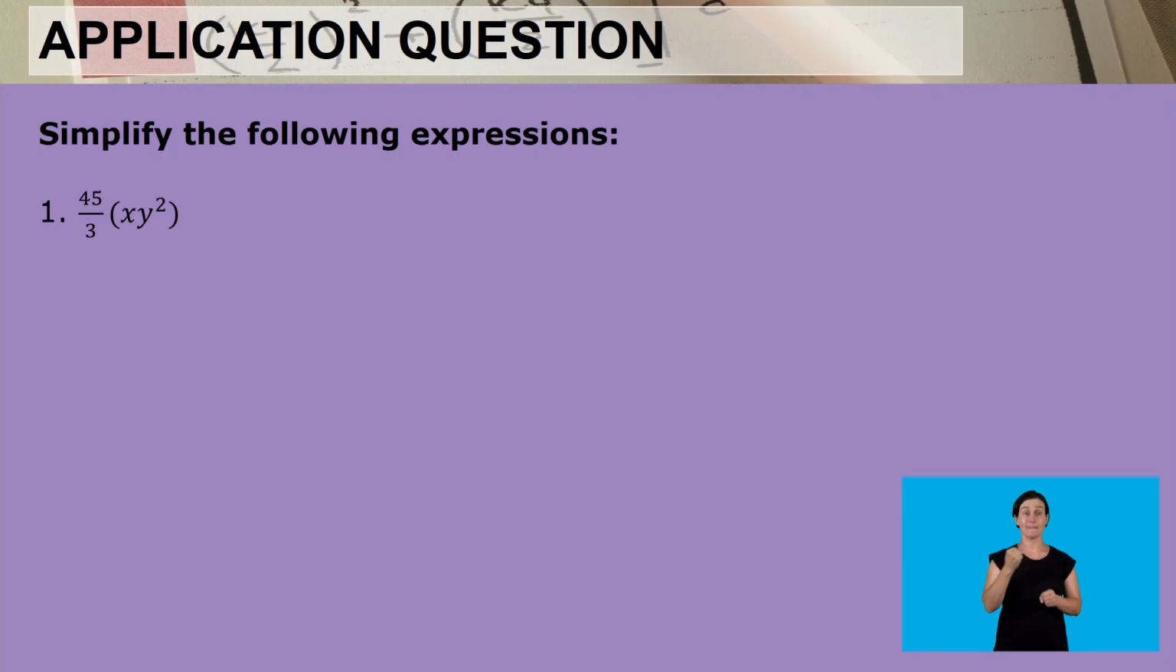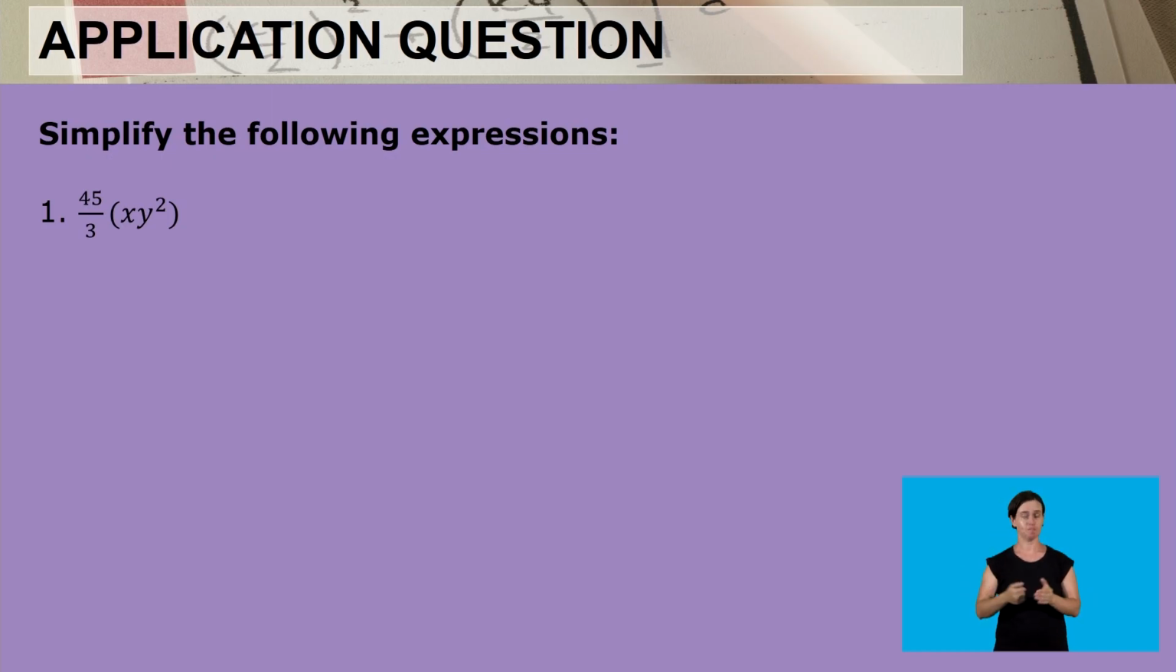So now we are going to be working with those application questions. Let's look at our first question here. It says there, simplify the following expressions. Now, the first expression that we have been given here is 45 divided by 3, and this is multiplied by